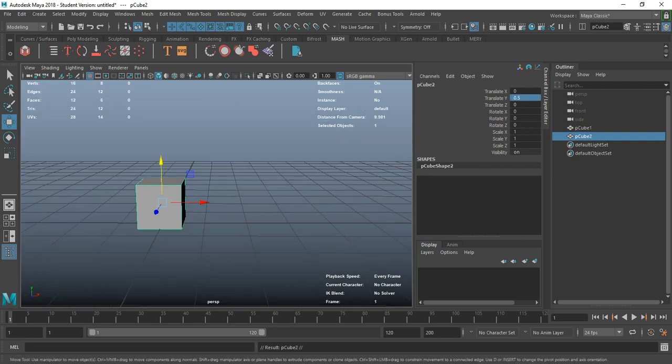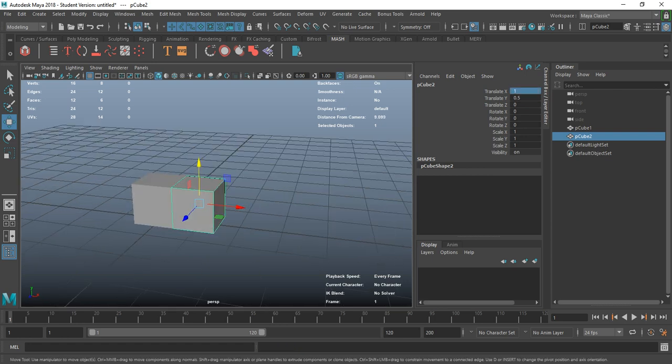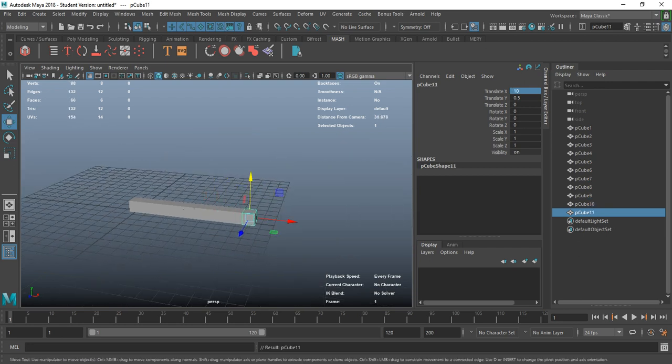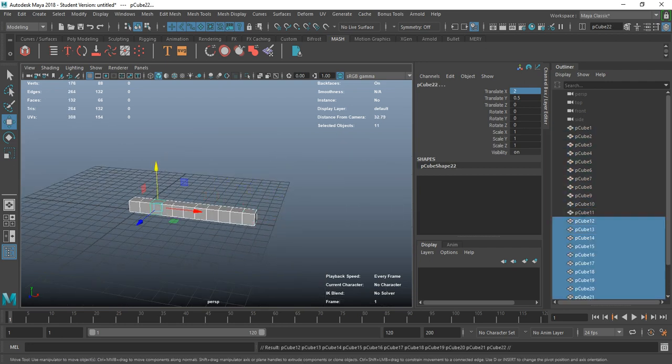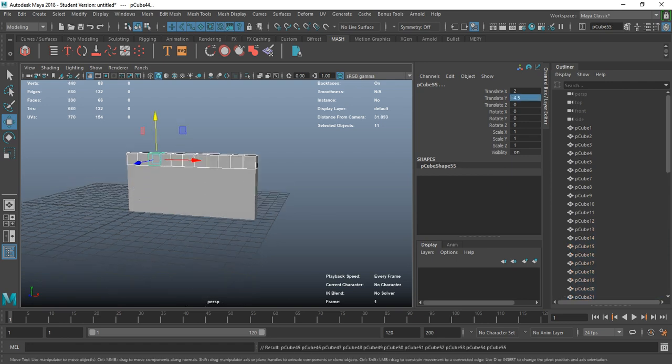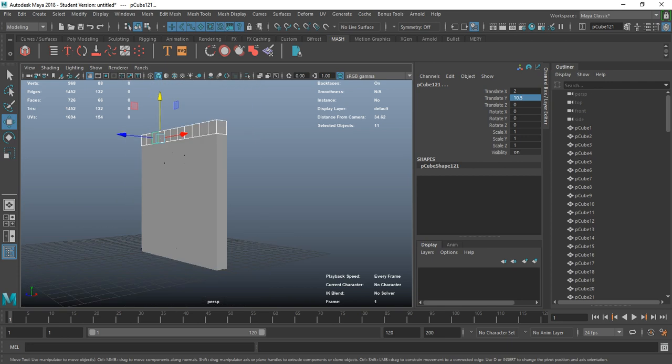And I'm going to duplicate it. I'm going to move it over in the X direction 1 unit, and that makes it right next to it. I hold Shift and then hit D a bunch of times. There we go. Grab all these, duplicate it, move it in the Y direction 1.5. Hold down Shift, hit D. All right, so now I have 120 some